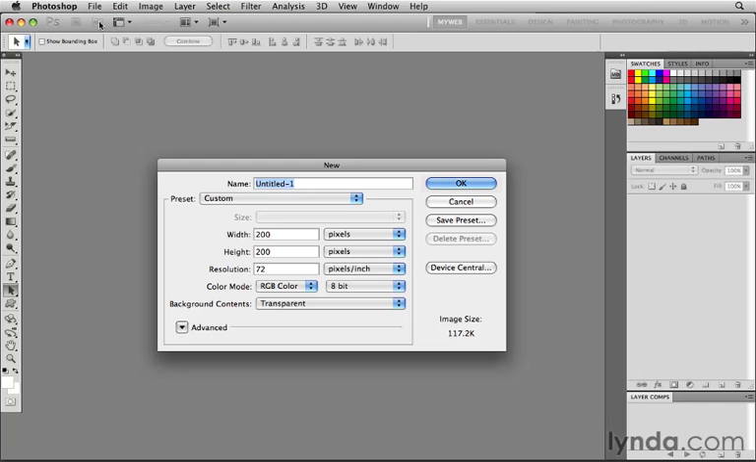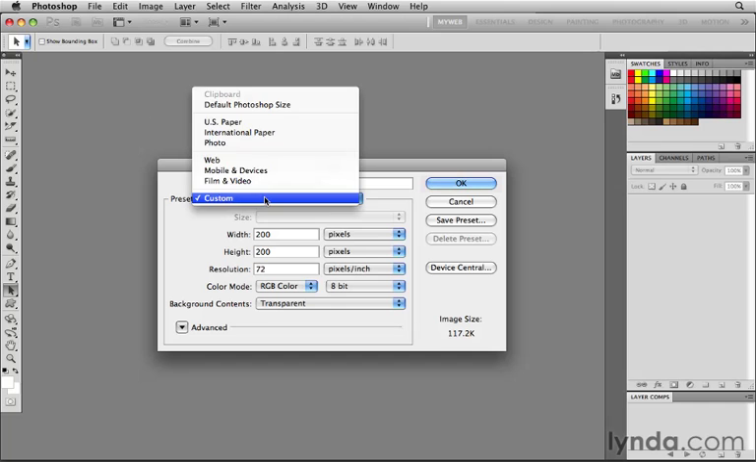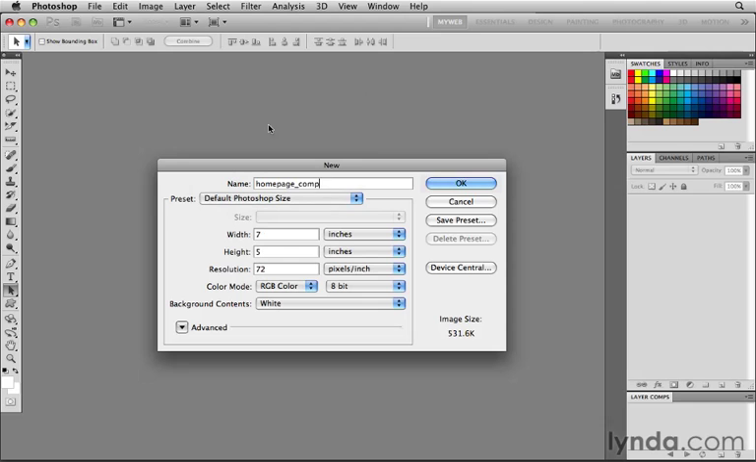Here in the New dialog box, I can give the file a name. I'll call this Homepage Comp. I don't have to add the file format to the name. That will be added automatically when I save the file. Then I'll go to the Preset area. There are lots of preset sizes that I could use here, but I'm just going to fill in the blanks